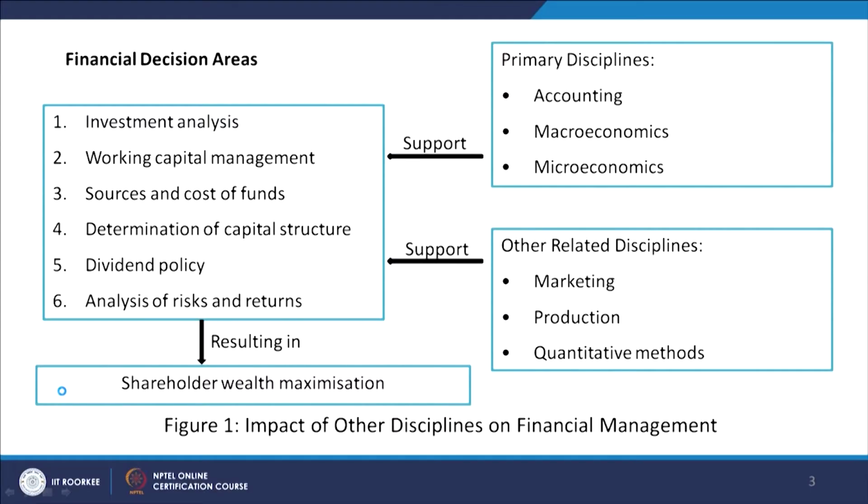where the financial manager has to play a very important role, for example, in the fifth decision area, the dividend policy. Now, when you talk about the dividend, it is something like this: when you prepare the profit and loss account and when we calculate the profit, right. Say for example, here we have the profit and loss account, and whatever profit comes up here, this is our profit and loss account, right.